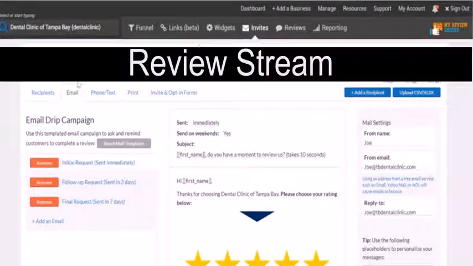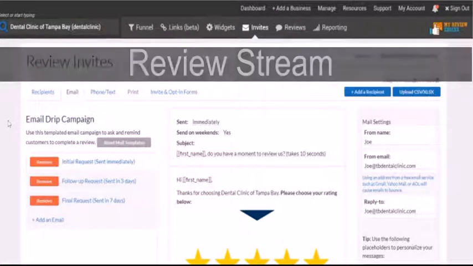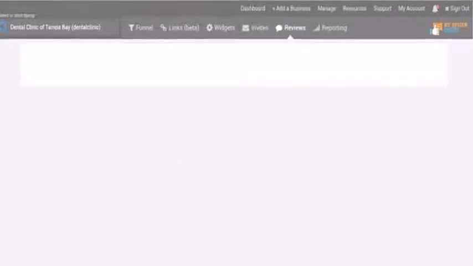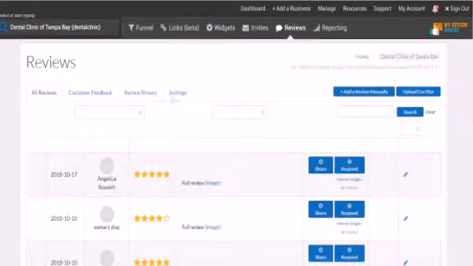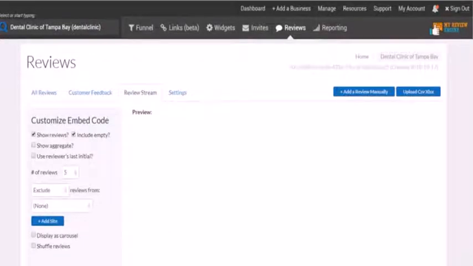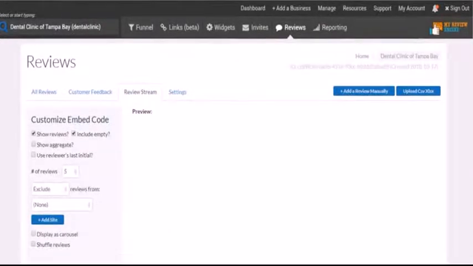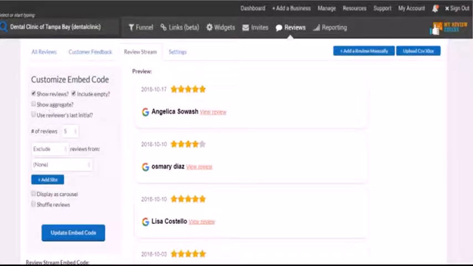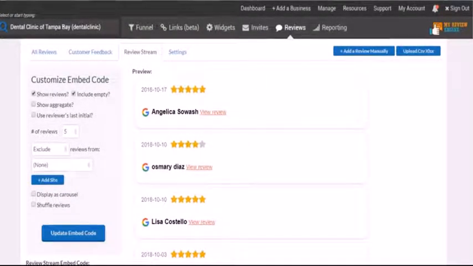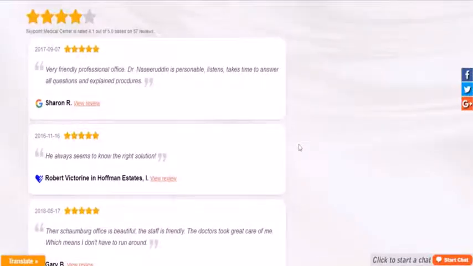Another feature that we have is what we call the review stream. And this is very cool. All of our clients have fallen in love with the functionality of what this does. So if you have various review sites or reviews on various platforms, rather than copying and pasting those positive reviews, those 4 and 5 star reviews, you can actually customize and embed code that's included with our tool. And what it will do is it will either display it in list format, which you see here. So you have an aggregate score, you have the review, where they left the review, and then you can view that